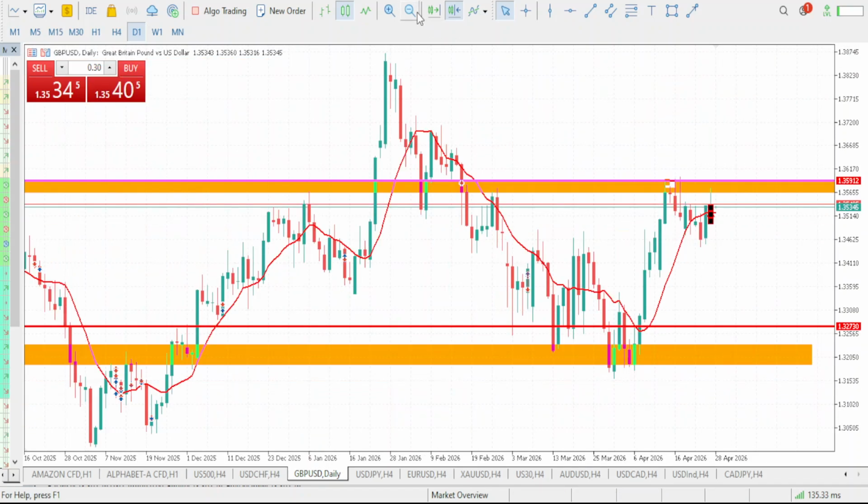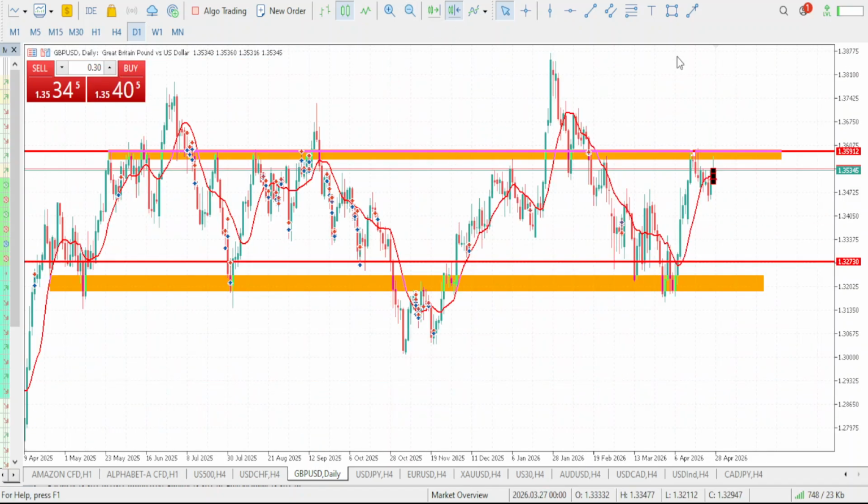Now, why are we going to be expecting that movement? It is very simple. GBP USD is a ranging market, so we can see it. This top is our resistance. This bottom is our support level right now. Now, take a look at this. Market rejected from our resistance and dropped to tap our support. Market eventually rejected from our support and came back to tap our resistance. Market eventually rejected from the resistance and dropped to tap our support. Now, market has rejected from the support and it has come back to tap our resistance level.